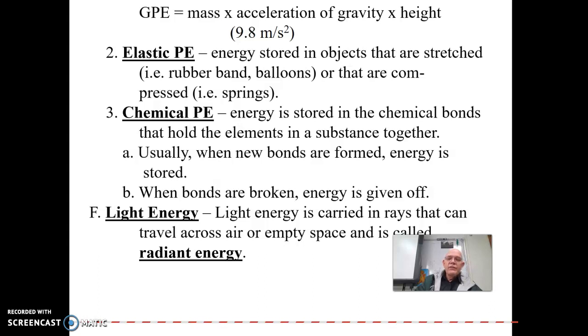And technically, this type of energy could also include things like radio waves, microwaves, ultraviolet. They're basically the same thing. It's just a matter of how much frequency they have. The frequency that we can see, we call light. The other frequencies, we'll talk about later. Anyhow, it's the same energy, just different frequencies of it.